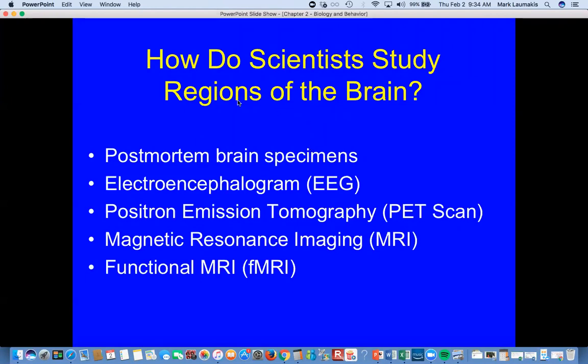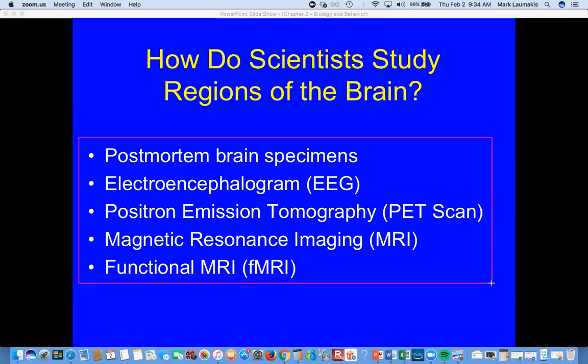So when we are done reviewing these 5 major tools in the toolbox of the neuroscientist, what you should be able to do is briefly summarize, like, what is that thing about? So what is an EEG about? How does it work? Not at an incredibly technical level. And probably most importantly, what will it tell me and what won't it tell me? Okay, so there are going to be some limitations for these different techniques. And I need you to be aware of, like, okay, so a PET scan will do X, but it won't tell me anything about Y. Okay, and I'll explain those advantages and disadvantages, kind of similar to how we talked about the different approaches to research design last week.